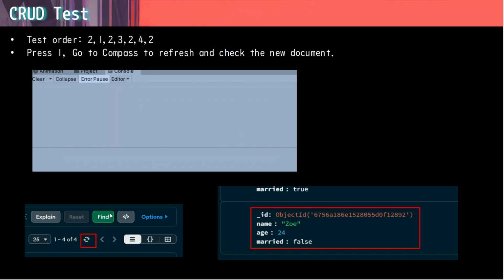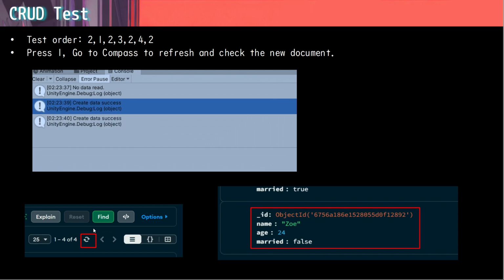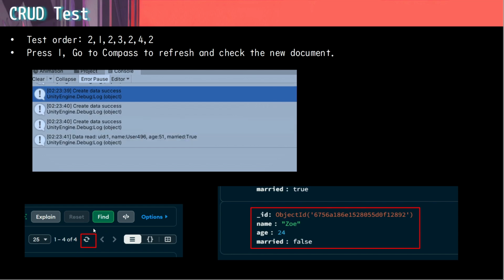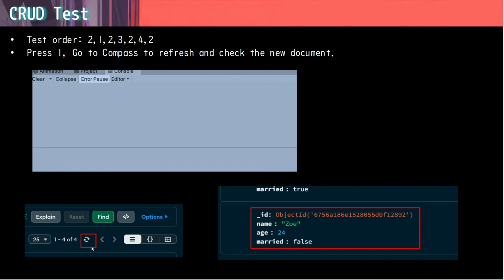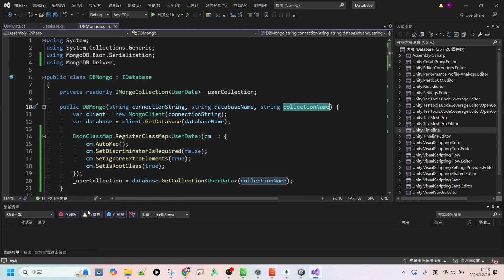If you have any update to the server, and you want to look at the data in Mongo Compass, then you have to press the refresh button. Sorry, this is the refresh button, not the recycle button. And we have to push the refresh button in order to refresh all the data. Okay, that's it. Maybe this is the first exercise for DB, but this will be very beneficial for a programmer